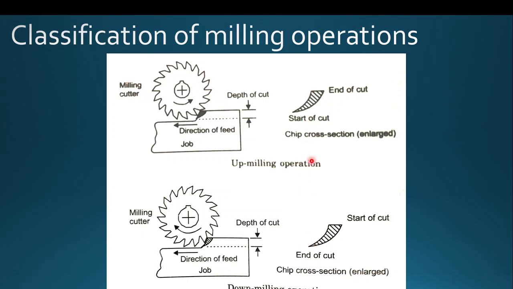So this is the difference between the up milling and the down milling operation, and the tool life, vibration, and clamping of the workpiece all differ between up milling and down milling. In the case of the up milling operation, we need to strongly hold the workpiece to avoid lifting of the workpiece during the machining with the up milling cutter. But in the case of the down milling cutter, there is no hazard of lifting of the workpiece by the tool during the machining operation. In this way, we can find a lot of differences between the up milling and the down milling operations.